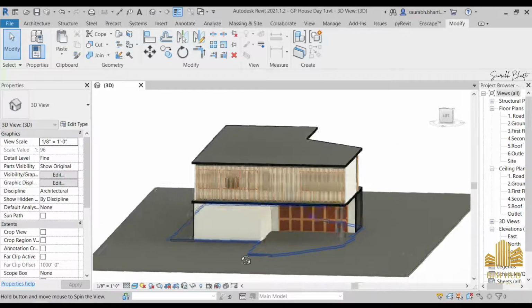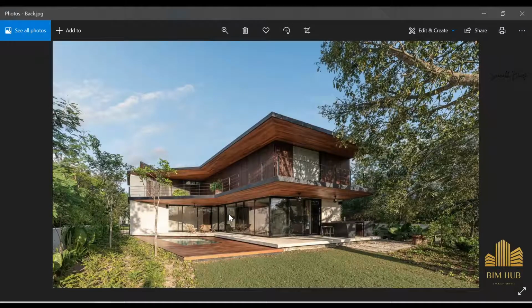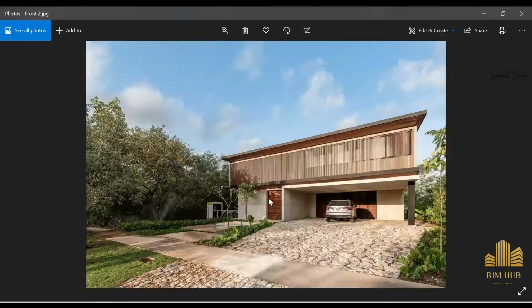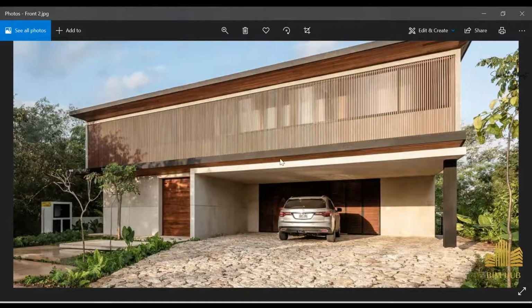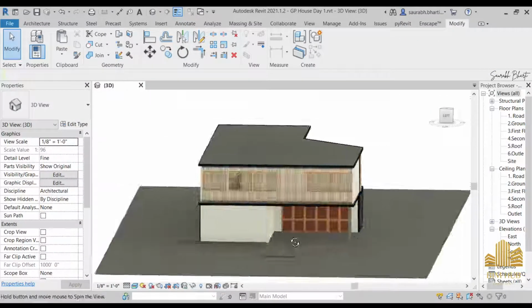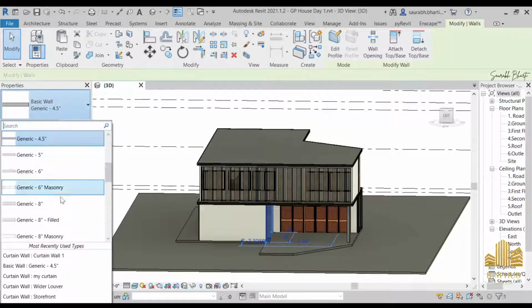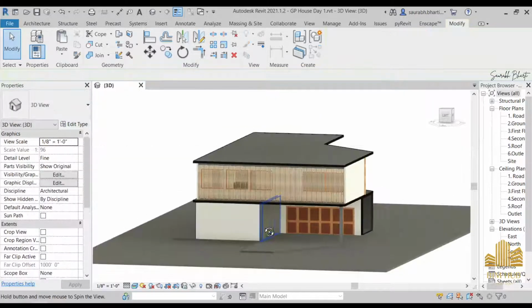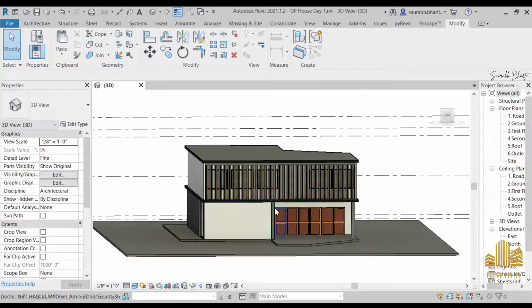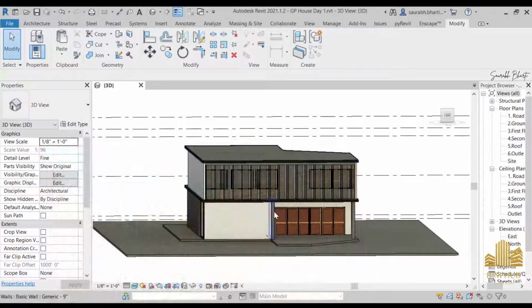And after this we have to make a wall at this side. Let me see where it was. So I had to make it yesterday, but today I'm making it. So from this place to this place we have a wall, and on top of this there is a floor. So we already have a wall, and we can increase the size of it. So just select 9 inches wall at this place, 9 inches, and now we have a 9-inch wall. And on the top side also we need the same wall, and let me see once again, we need